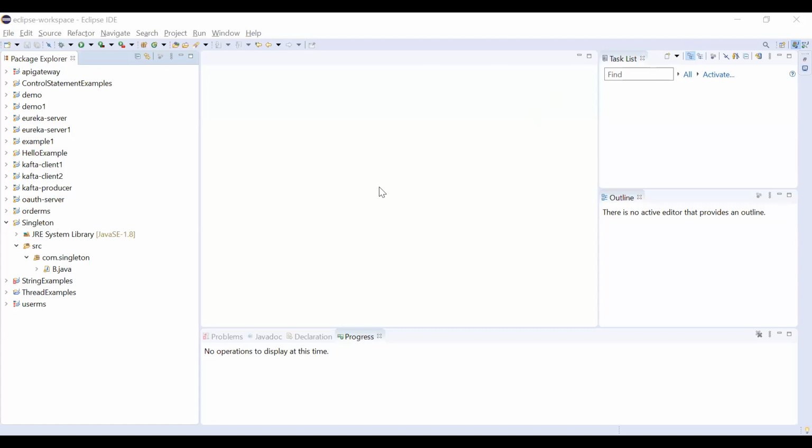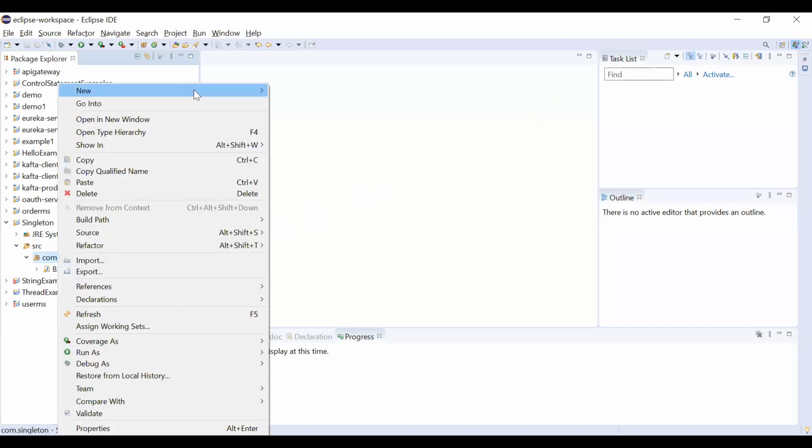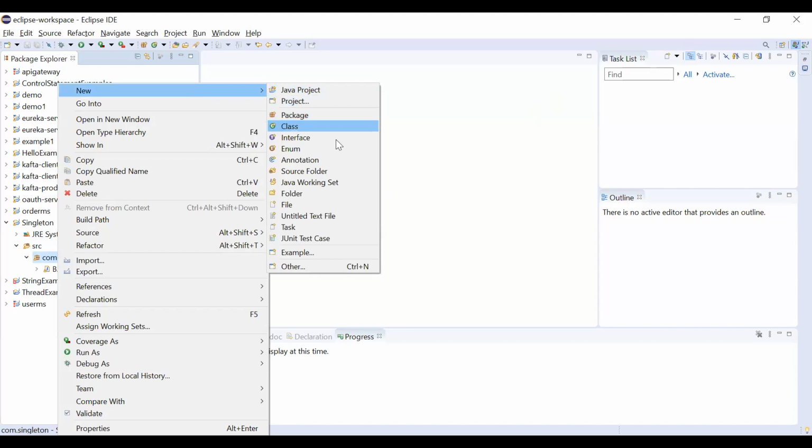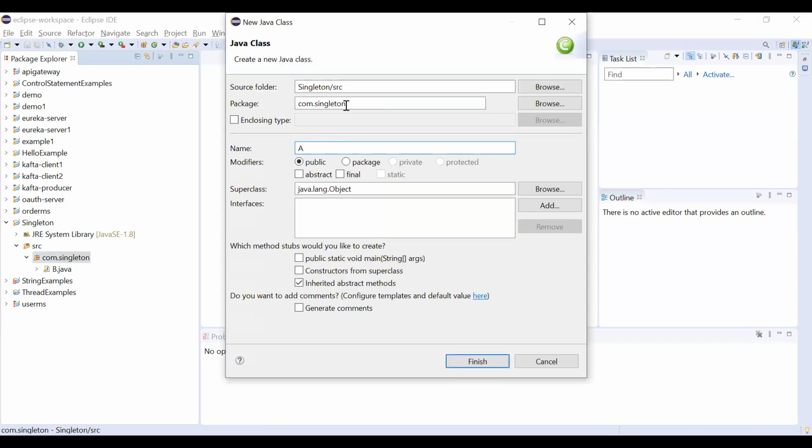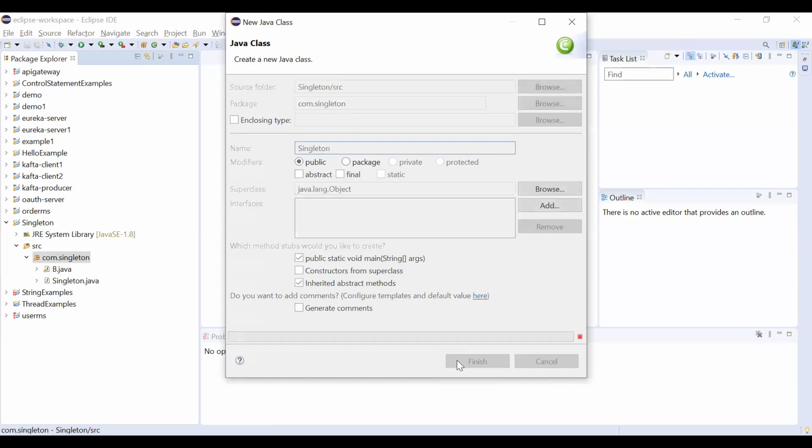Now we will implement singleton design pattern in code. Let's take an example to create a singleton class. I have created the package com.singleton, and I have created the class named A. A is a singleton class, or we can write it as Singleton as well, there is no confusion.